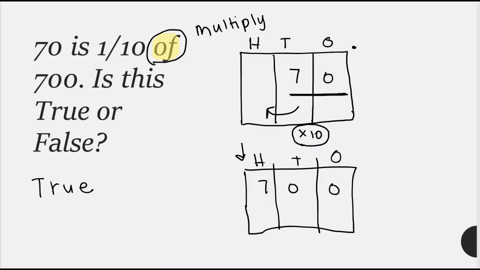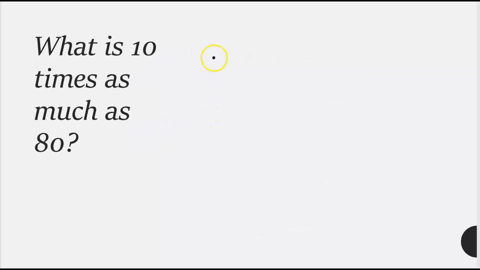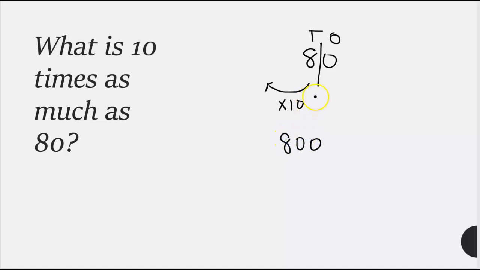Okay, let's look at the next one. What is 10 times as much as 80? So if I have 80, and I've got my 10s and my 1s, 10 times as much. So I'm multiplying by 10. So I know that 10 times as much of 80 is 800 because I moved one place to the hundreds